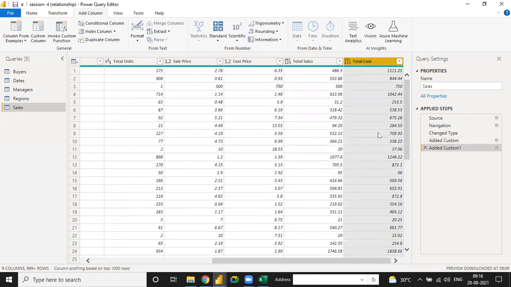Now we have to connect one more thing. See, this kind of thing you have to know before making any kind of report. So before making any kind of Power BI report, you have to maintain a process map of what requirements you have. Suppose you have a data set and you don't need a total cost column, then why would you calculate total cost?